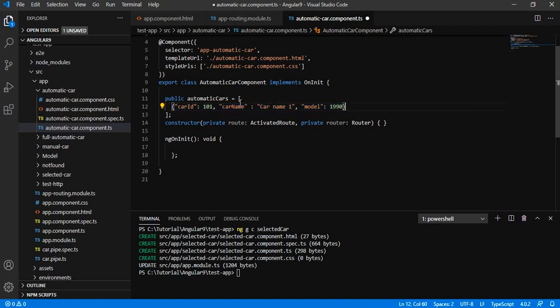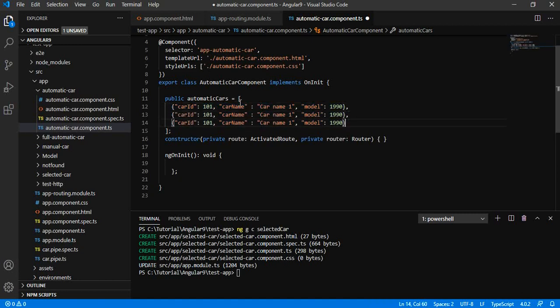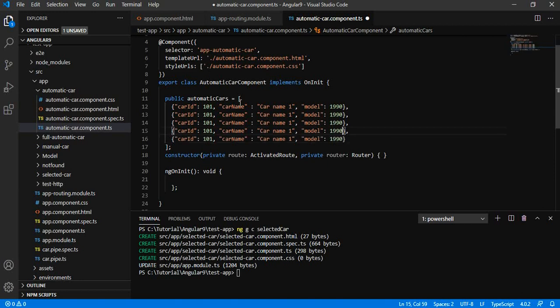Suppose that we have the 5 models. Car names will be car name 1 2 3 4 5. Let's say we are giving the models 2007, 2010, 1994, 2020.